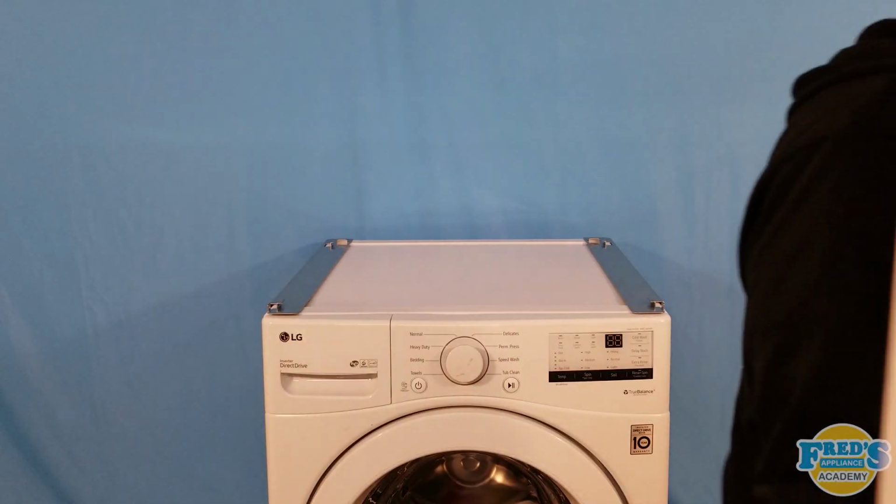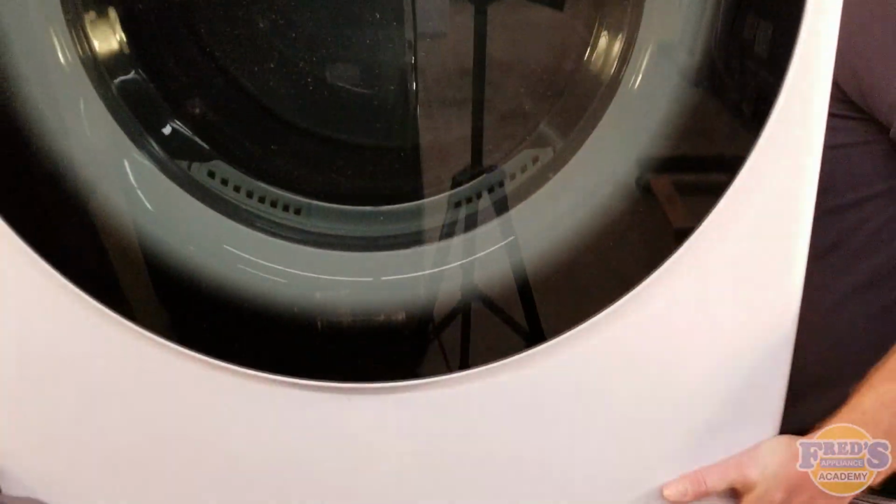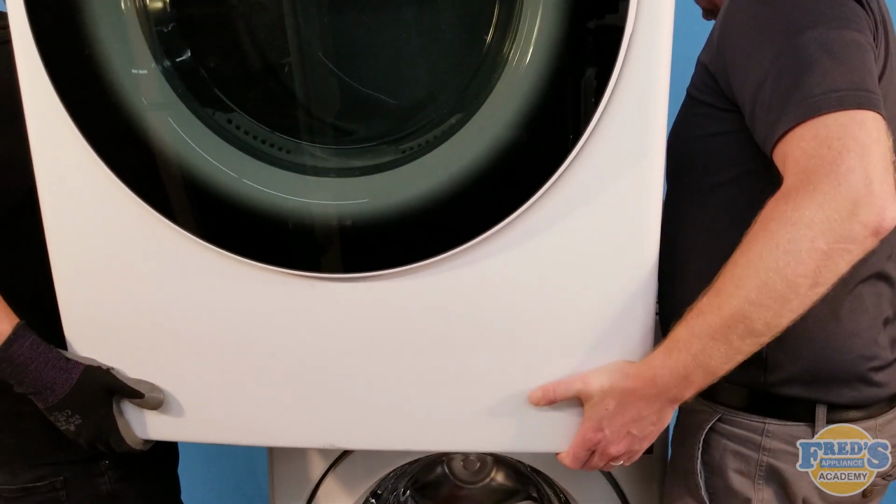Here we have the washing machine turned around, and we're ready to bring in the dryer to set it on top. Please keep in mind that this is always a two-person job unless you are a beast of a human being,